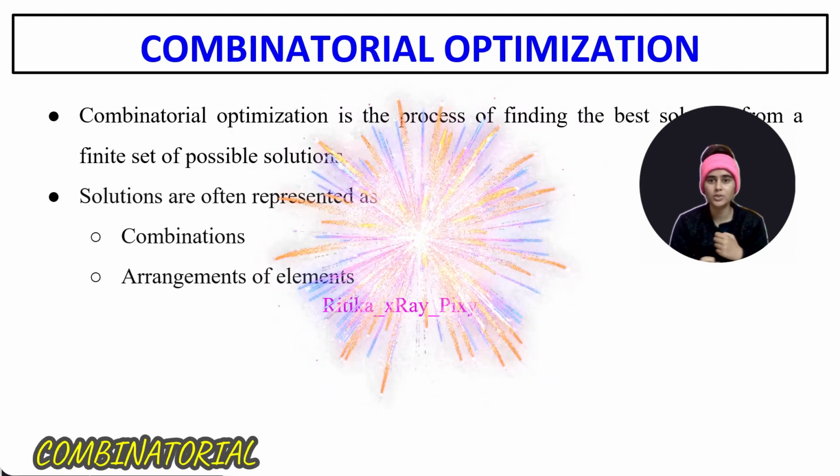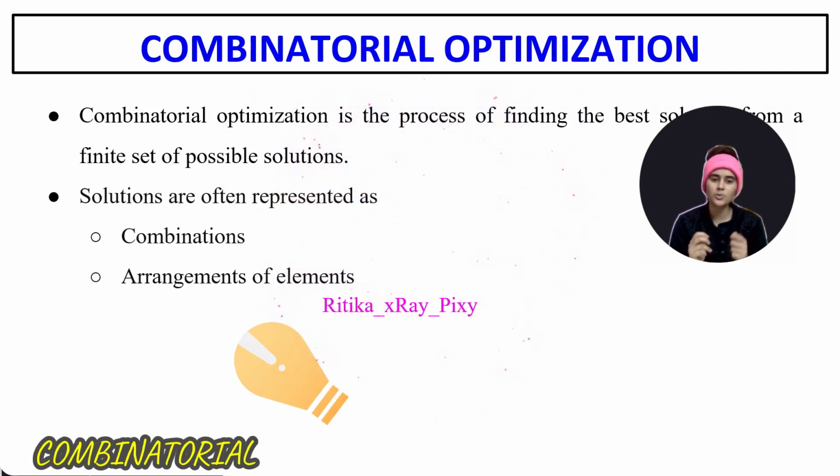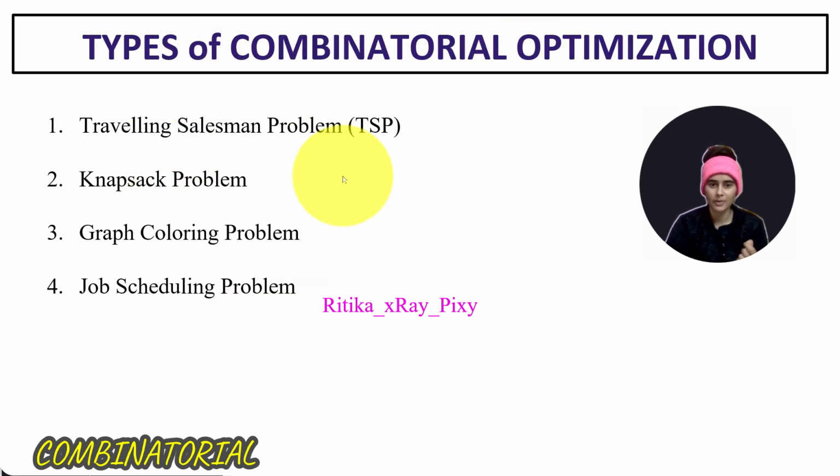So first we have combinatorial optimization. It is the process of finding either minima or maxima of any objective function. This process involves finding the best solution from a finite set of possible solutions, and we can represent the solution either in the form of combinations or arrangements of the elements. Here you can see different types of combinatorial optimization problems: traveling salesman problem, knapsack problem, graph coloring problem, and job